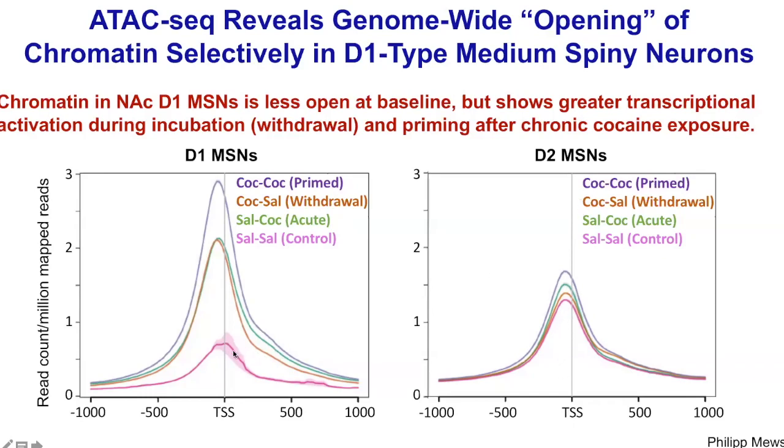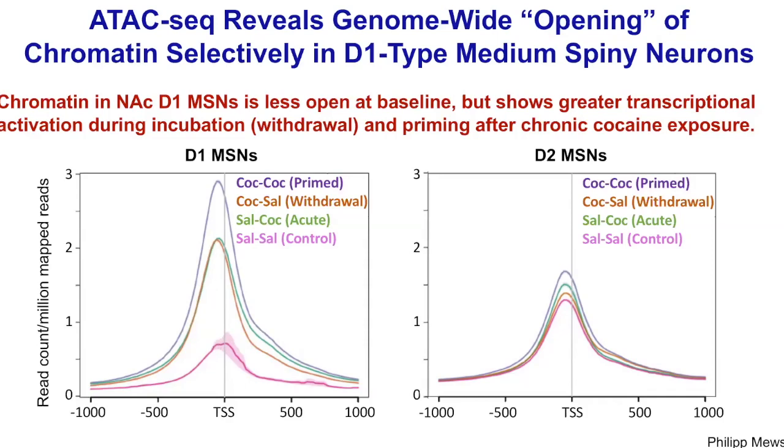This was a surprise, but it correlates with RNA sequencing that Hope Kronman in the lab did, that actually many more RNAs are indeed expressed in D2 medium spiny neurons at baseline than in D1 medium spiny neurons. But in response to cocaine, there are tremendous differences. The genome-wide differences in D2 cells are relatively modest, but dramatic differences are seen in D1 cells, with acute cocaine causing a dramatic activation of many genes,